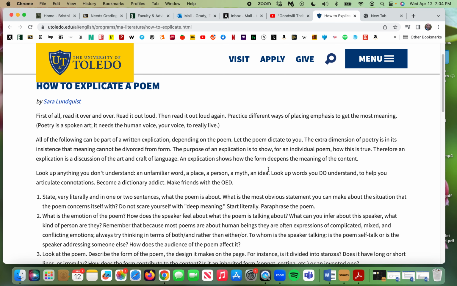A short definition would be that an explication is a close reading of text. Unlike plays and short fiction, poems are shorter, and oftentimes they have multiple meanings, and they have a way of blooming where they might seem a little confusing at the beginning, but with repeated readings, they have a way of revealing themselves to you.